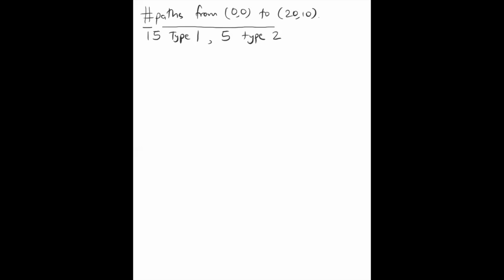As sequences of ones and twos, what are we looking for? Firstly, that sequence should be of length 20, because there are 20 steps in all. So there are going to be 20 spots in all for the sequence. The other thing we know is that exactly 15 of these spots have ones in them, and exactly 5 of these spots have twos in them. We also said that different paths give different sequences and different sequences give different paths.